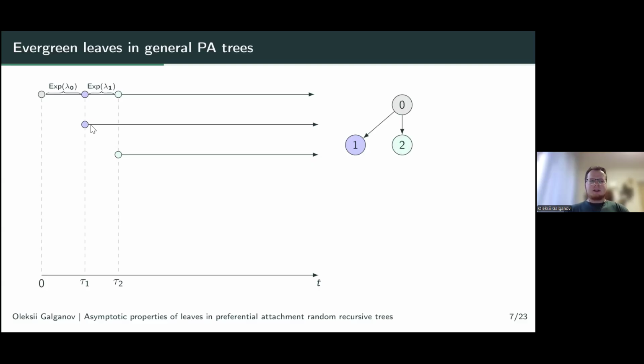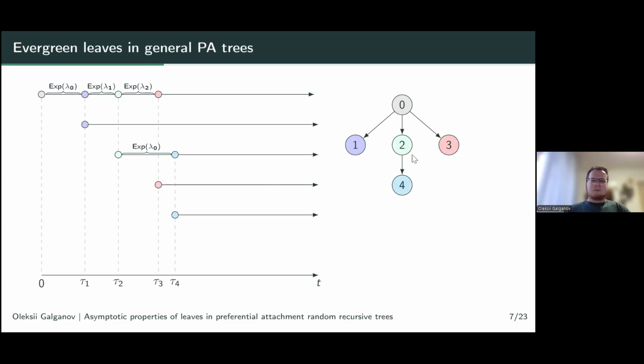You can see that on the left we have the general timeline for the entire process, and let's call them local timelines of each individual. Then after an exponential lambda 1 time passes from the previous vertex, we get a new vertex. Then we have a third individual born, and still it's a child of the root vertex. But then an exponential lambda 0 time